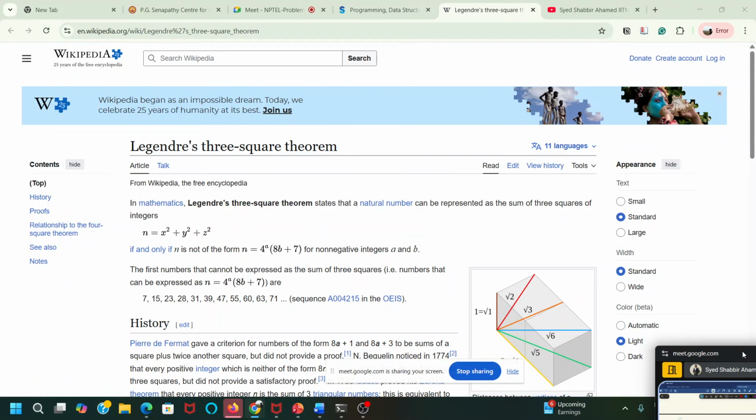So if my m is greater than 0, and if you divide m by 4 and the remainder should be 0, if both these conditions are satisfied, then you have to remove all the factors of 4 from the number m.